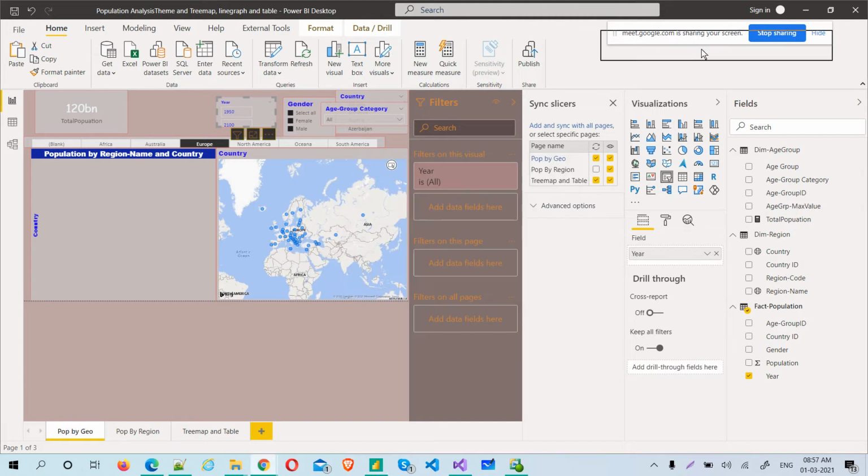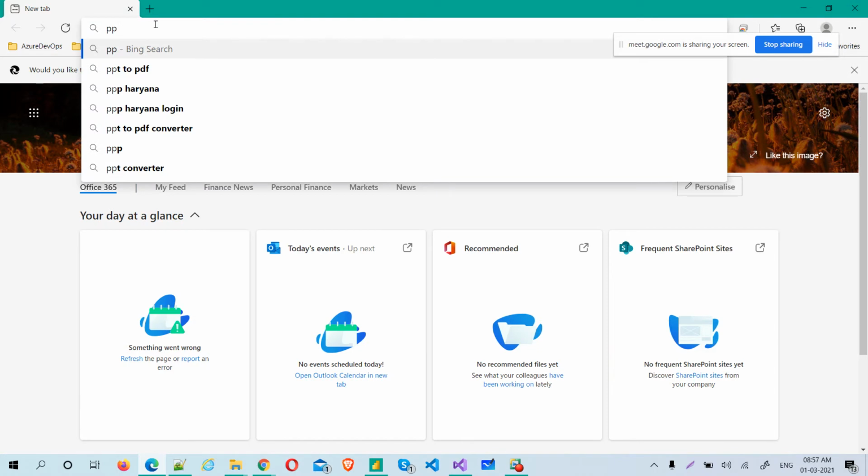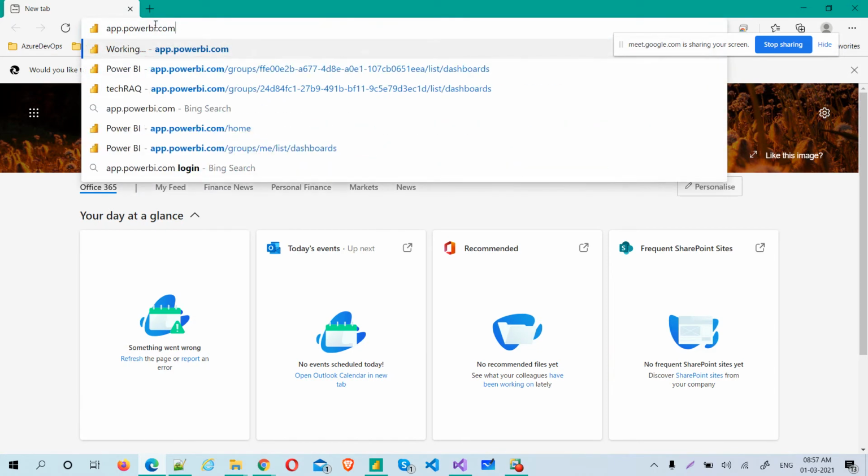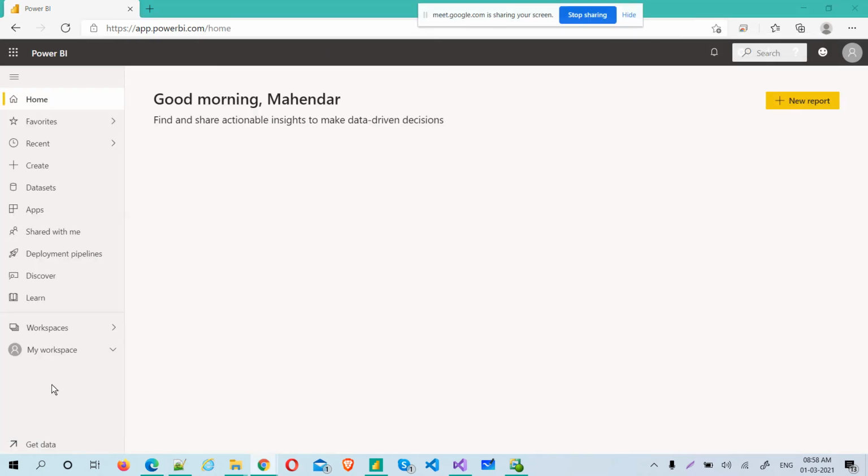It's actually signed out, because of which it is not coming. Let that be. What I can do is deploy from here, app.powerbi.com. I can sign in, but it might ask for a passcode and some SMS will come, all those things will be there. So that is the reason I have another option.